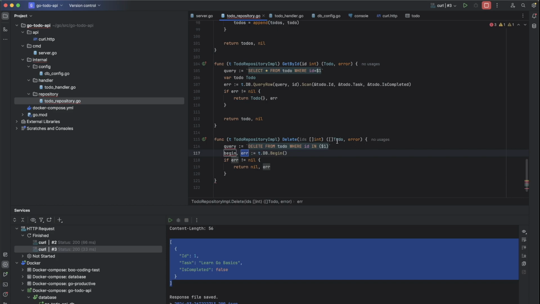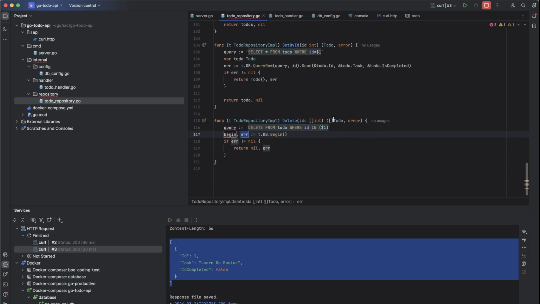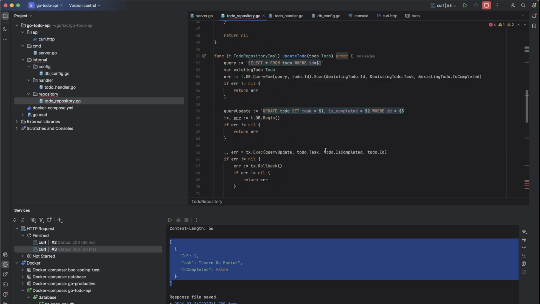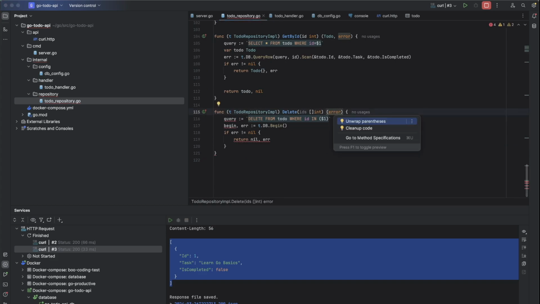I think we do not need to provide the list of to-dos. Just return a single error if there is any error. So we'll update it here too. Just return an error if there is any.